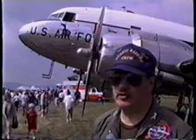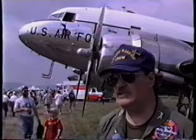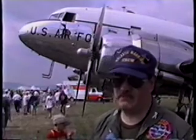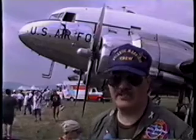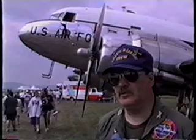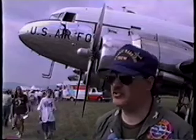During World War II, this airplane was used in many roles. It was used for troop transport. It was used to transport the wounded. It was used to transport a lot of cargo. In fact, I believe General Eisenhower said this is the airplane that won the war, because without troop supply, without cargo supply, you really can't carry on